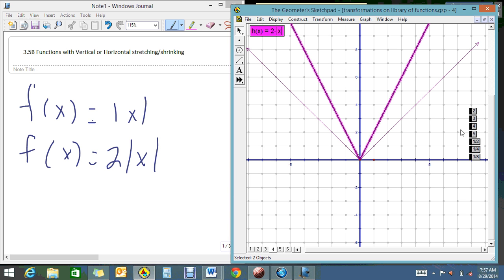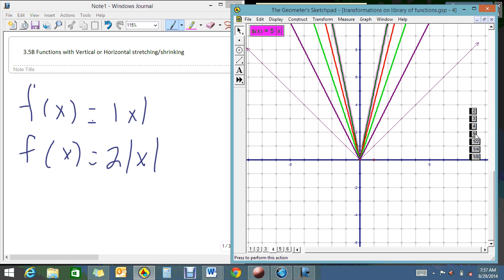Okay, so what do you think will happen when we do 3 times? So now you see that instead of going over 1 up 1, we're going over 1 up 3. Instead of going over 2 up 2, we're going over 2 up 2 times 3, which is 6. So we're multiplying all of our y values by 3. So it makes it skinnier. Here we would have 4. And here we would have 5, I guess. So easy to see over 1 up 5, but over 2 goes up 10 because we're multiplying the answer, the